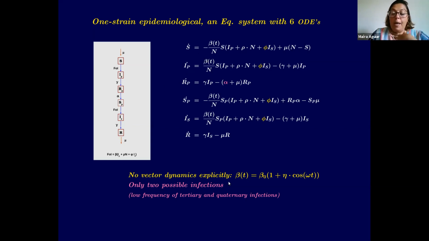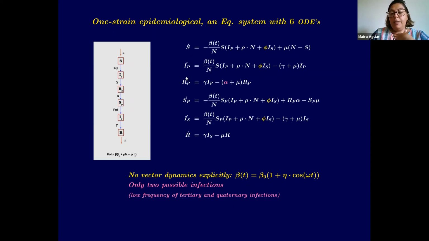I have no vector dynamics, but I have to have seasonality because the disease is seasonal. So what I do here is that I make the infection rate beta a time-dependent infection rate by just adding a cosine function here. So I have a two-infection model, primary infection and secondary infection. The transmission rate is time-dependent, and I do not consider more than two infections because I have low frequency of tertiary and quaternary infection. And this gives a very simple system, a five-dimensional system, where I have seronegative,